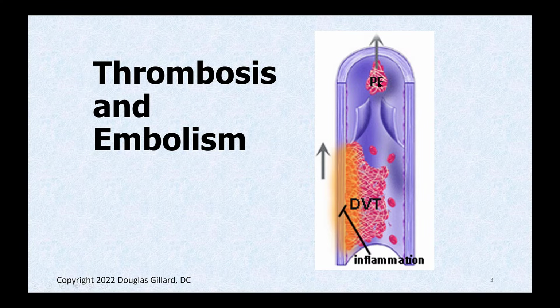And if this is in the deep veins in the legs, you can see the valves here. If the embolism makes it all the way into the lungs, it's called a pulmonary embolism. If it gets stuck in the kidney, you could call it a renal embolism. So wherever it gets stuck, I guess you could call it a cardiac embolism. They typically call it a saddle embolism if it gets stuck in the heart, because it has to be pretty big.